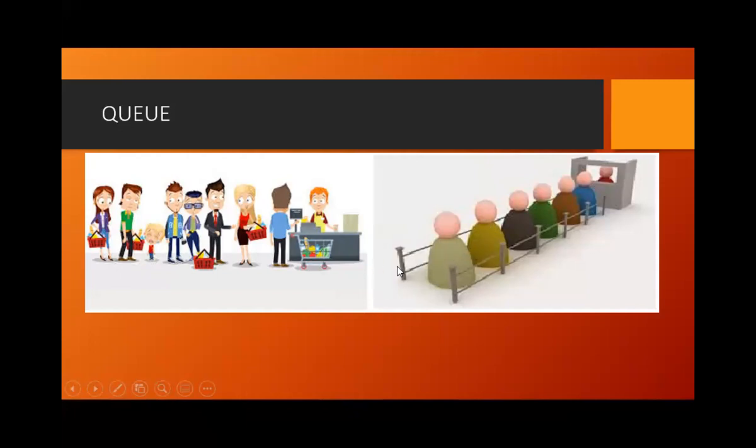You can see here, this is one end and the other side is the other end, two ends. Now, can anyone name the ends here? Or can you tell me from where the insertion is happening, from where the deletion is happening? See, the one which is near to the counter, we call it the front, and the one at the back side, the last, we call it the rear. Front and rear, right?